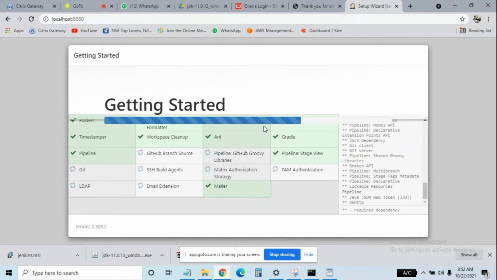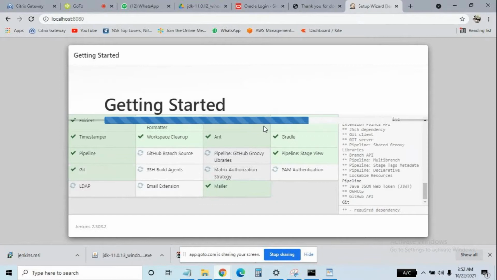Yeah, Ram. So someone was... Actually, go ahead. I already installed Java on my laptop and I just checked it. It is showing Java version 1.8.0. Do I need to install again, or can I install Jenkins directly? You have to install version 11.